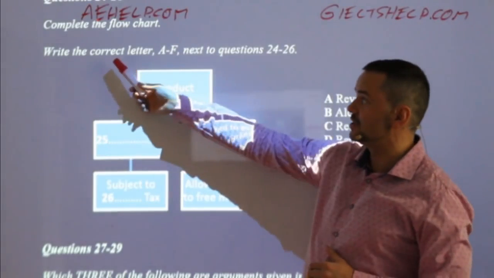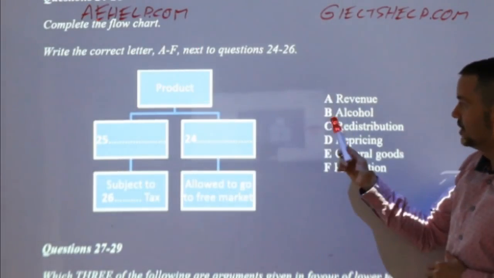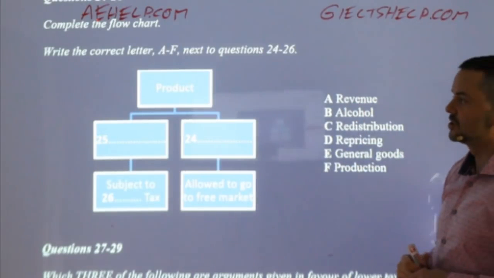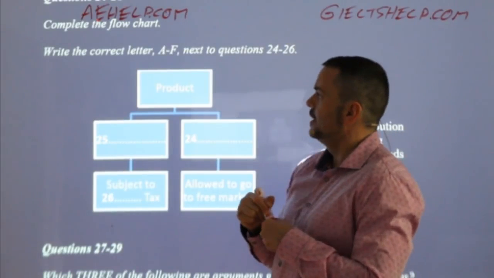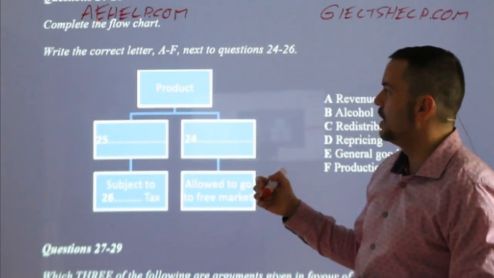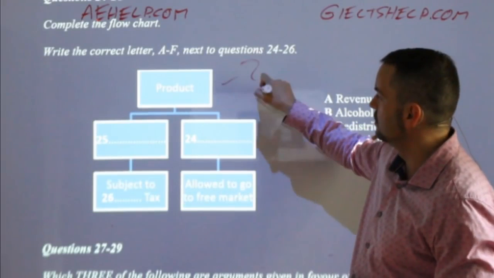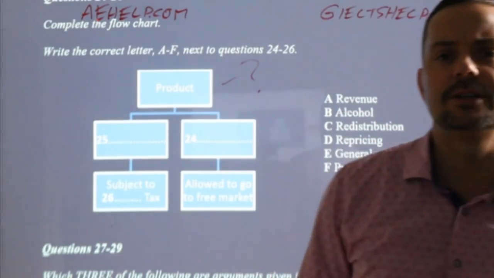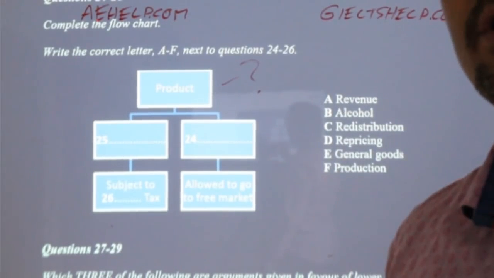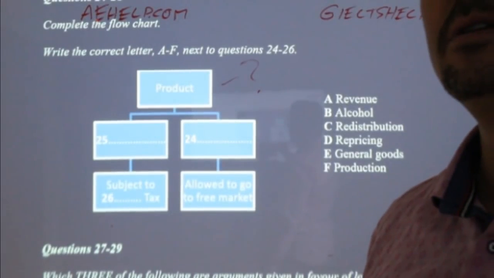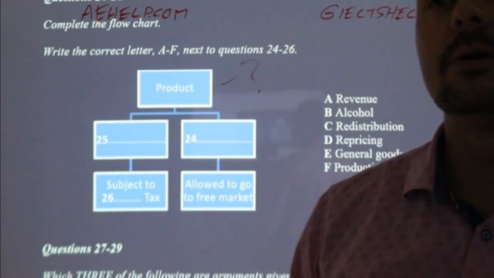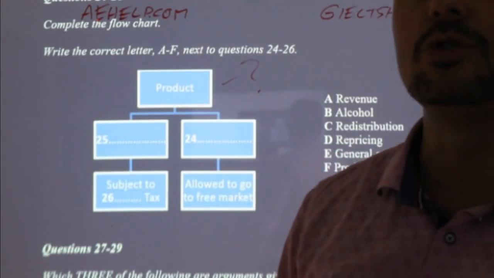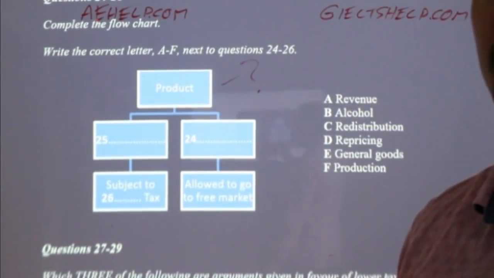Again, pay careful attention to the instructions, students. You have to choose the letter, so make sure you don't put the word in the answer key, but you put the letter in the answer key. So here, the flowchart shows what? What does this flowchart actually show before we get at the answers? So what is the flowchart actually showing? Manish, redistribution wealth is not correct. It has to be wealth redistribution. Order of words is important in English and in the IELTS.